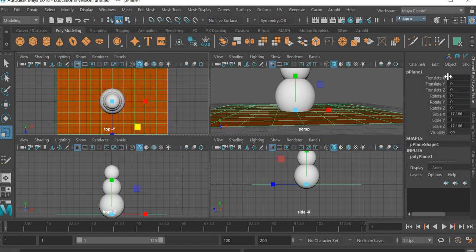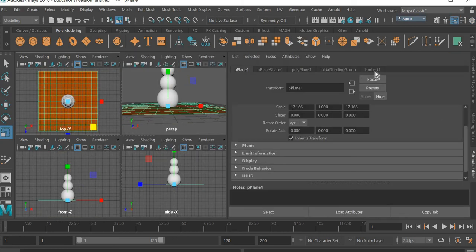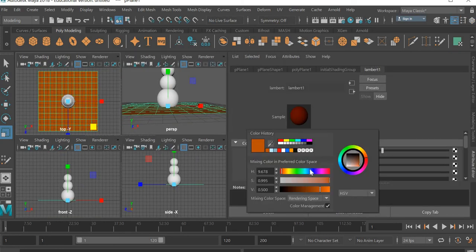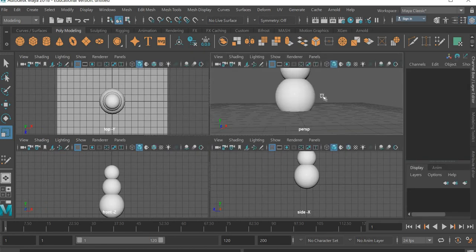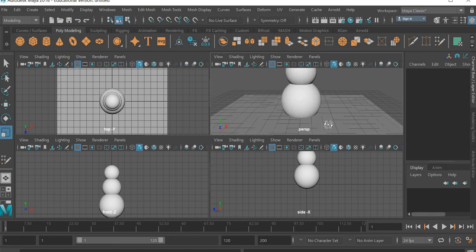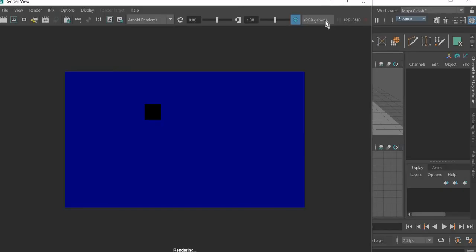Actually, what we will do is simply change this material color back to gray, because when we render it, we want the snowman to look white and the background to look gray. So if you hit the render button, or there won't be any